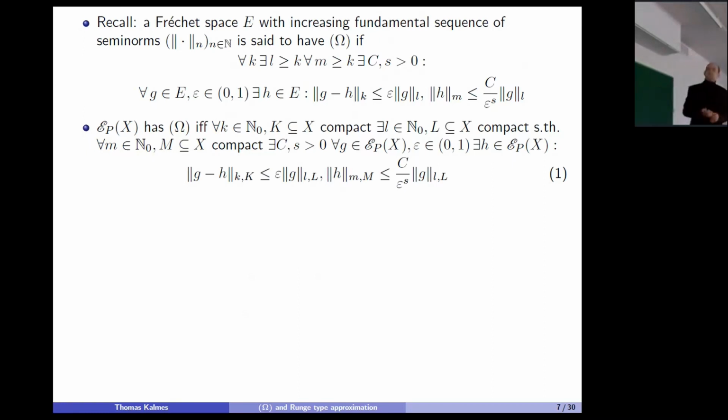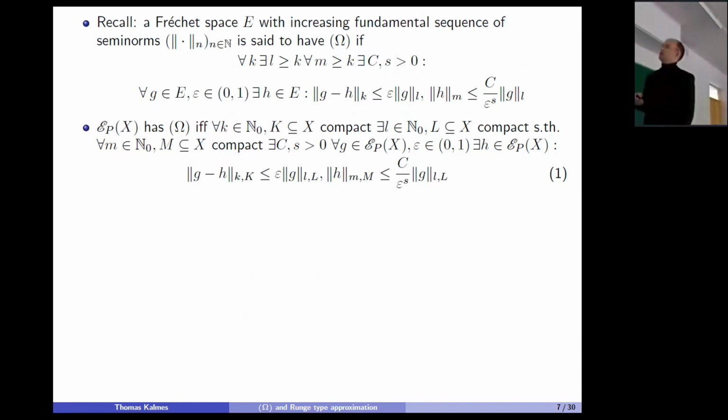If we consider the special case, the special Fréchet space of the smooth kernels of the differential operators, then this property omega translates into this bunch of quantifiers. Here we have the supremum norm of all partial derivatives up to order k on the compact set K. This approximation error should be bounded by the approximation threshold epsilon times the lth semi-norm of the function g we want to approximate, and the approximating function h on an arbitrary compact set N with arbitrary partial derivatives up to order small m should be bounded by this threshold. Okay, this is quite technical, I admit,